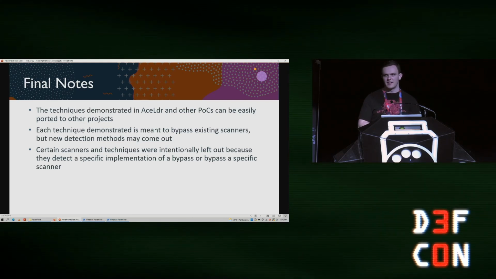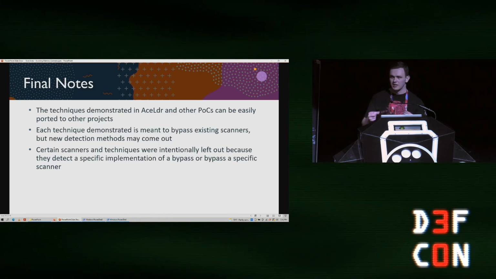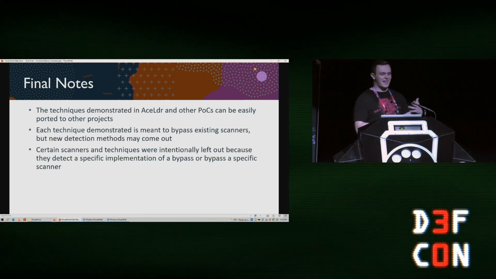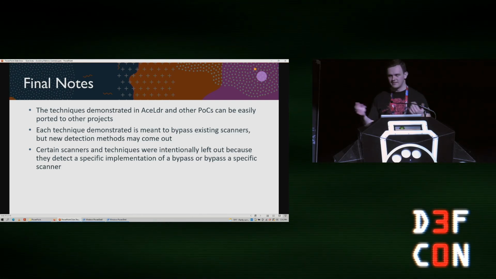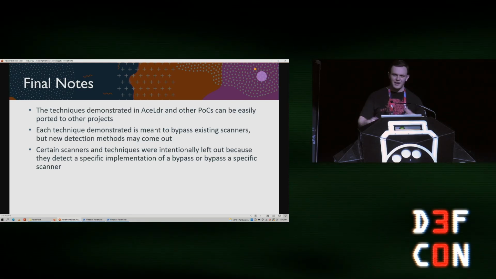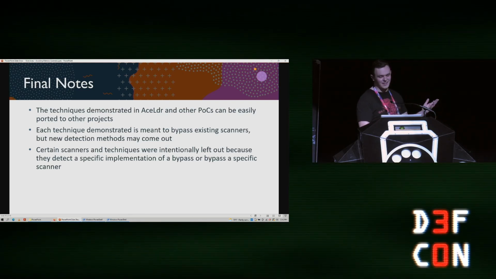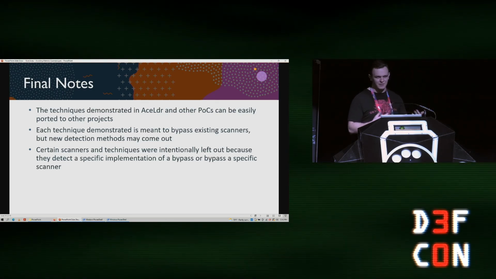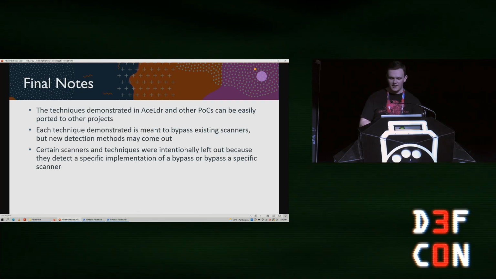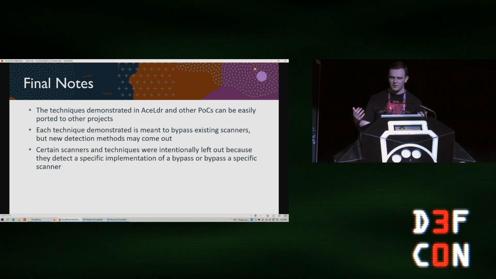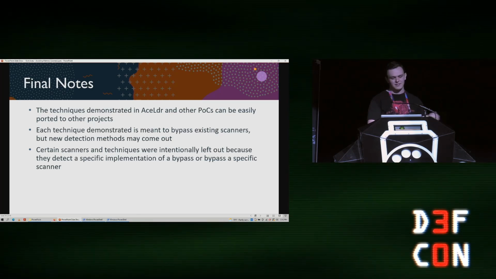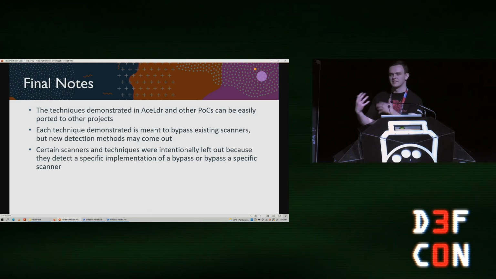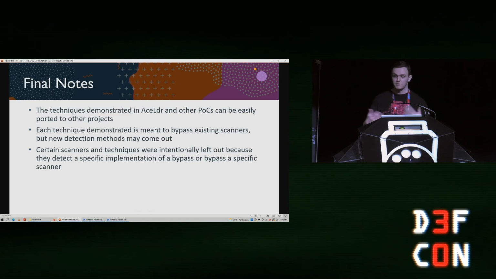I also left out some scanners and also some bypass techniques because they were meant to target really specific things. Let's say we had a YARA rule that detected Cobalt Strike and someone wrote a tool that just changed the bits that YARA rule was looking for. I'm not going to include that in my talk, or in my section about bypassing patterns, right? Because in my mind, that's a bit fragile. And so we want something like encryption. And I didn't specifically mention this, but Ace Loader, every time it's going to sleep, generates a brand new encryption key and encrypts everything. And so you can't just look at where the key is stored, or look for some bytes once they're encrypted, because they're going to be different on every computer every time it sleeps, just by design.